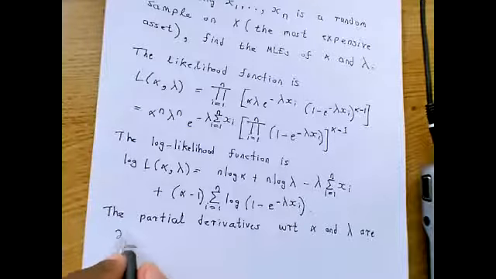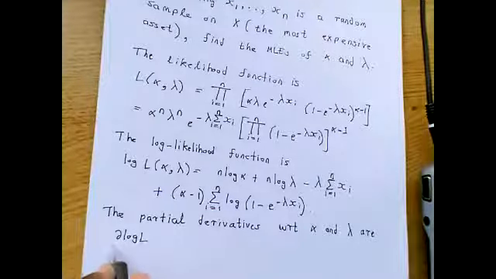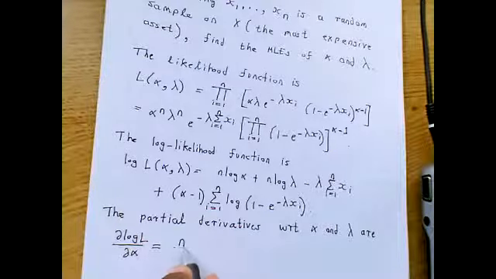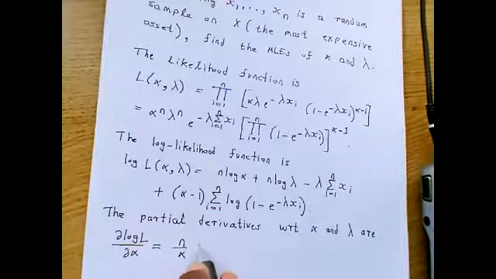So let's first look at the partial derivative with respect to alpha. So this is n over alpha plus